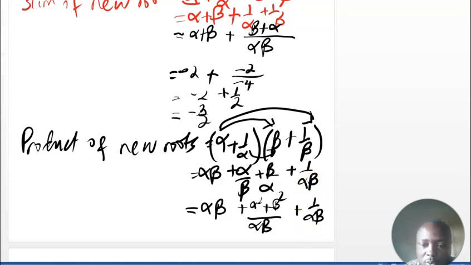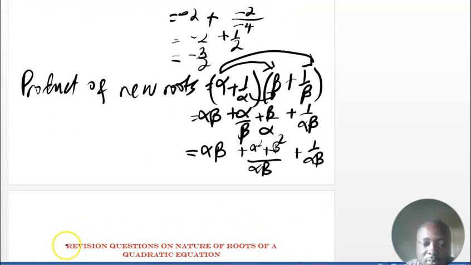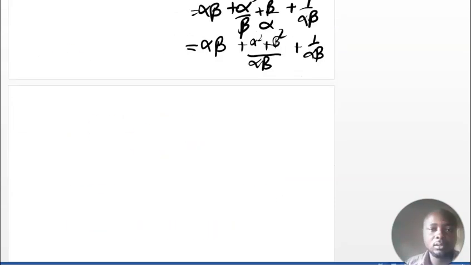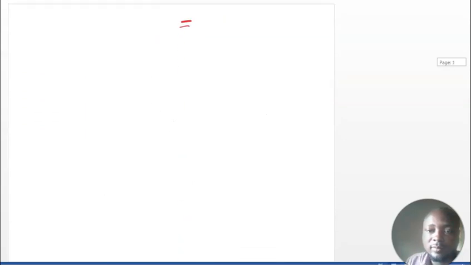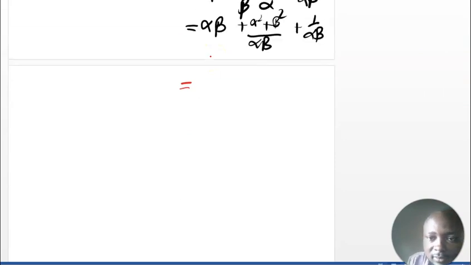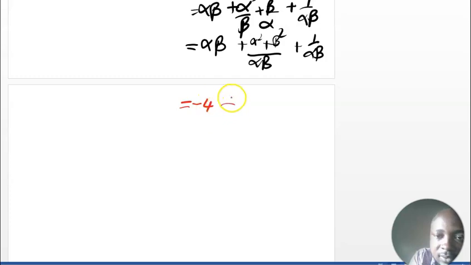Now, we know the alpha square. We know that our alpha square here is needed in this example, knowing the value of alpha and that of beta. Okay. So how then do we obtain this? Okay, now when we are able to obtain this, we have our alpha plus beta. What was our alpha plus beta? Alpha plus beta is -2, then alpha beta is -4. So we have here from our expression alpha beta is -4 plus, okay, here we know that we are to obtain this, but before that let's even obtain